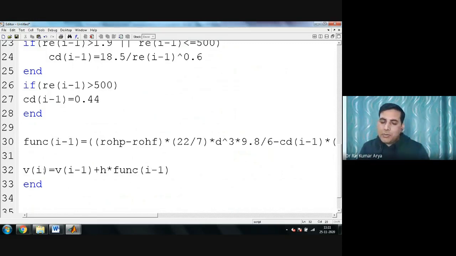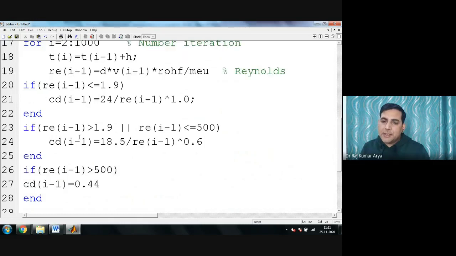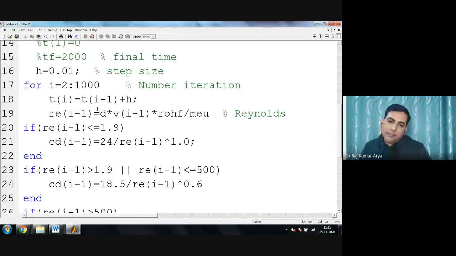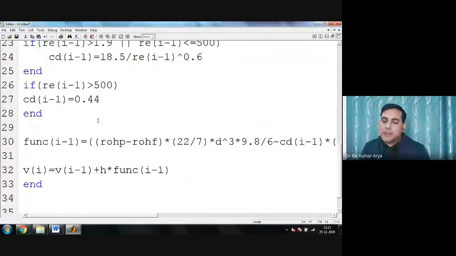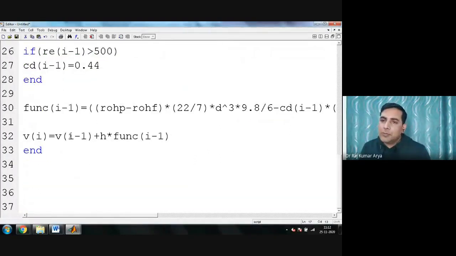Now till how long do I want to run it? This for loop will keep running as far as I have given it. I gave some value of I. It will keep on changing and iterating, and it will keep on working till the last. So from this calculation, I will never know where the settling velocity is. Correct or not? Because it will just keep on adding and adding. It won't do anything. Correct or not?